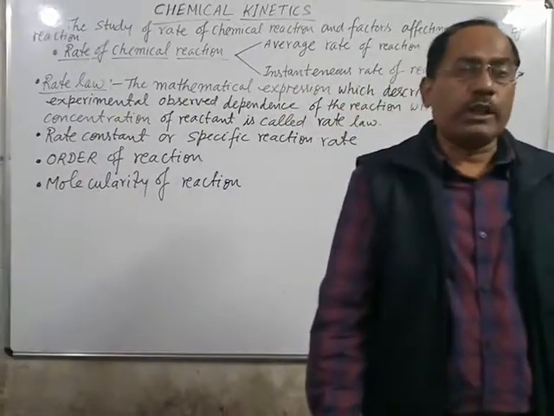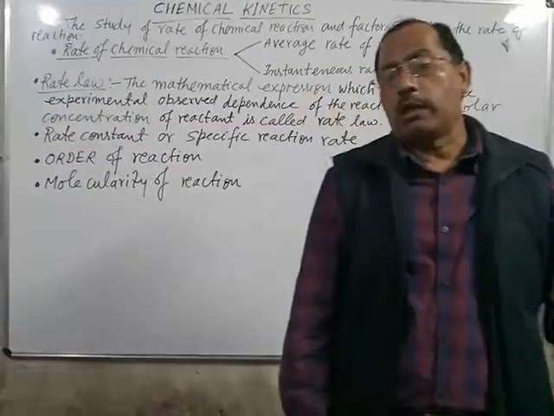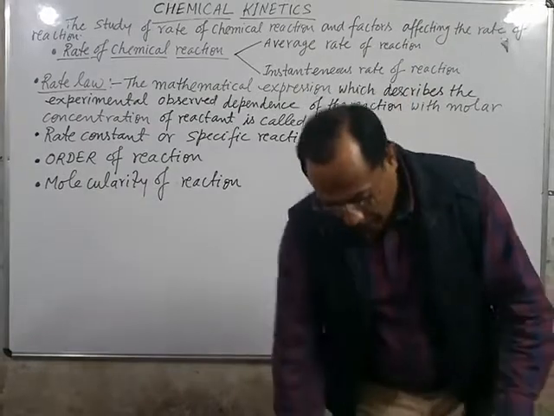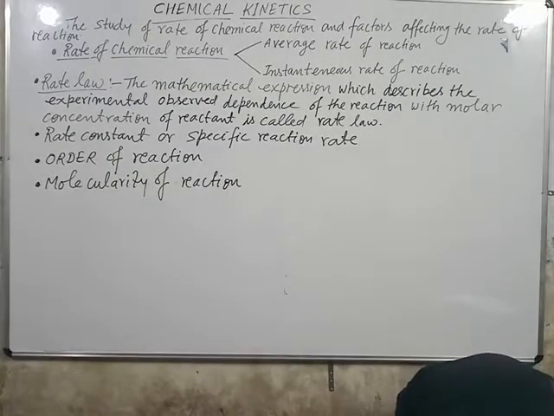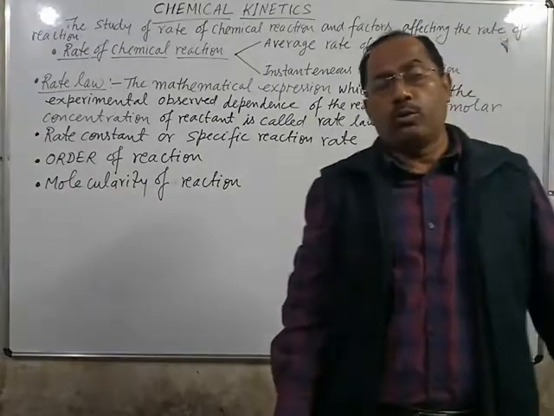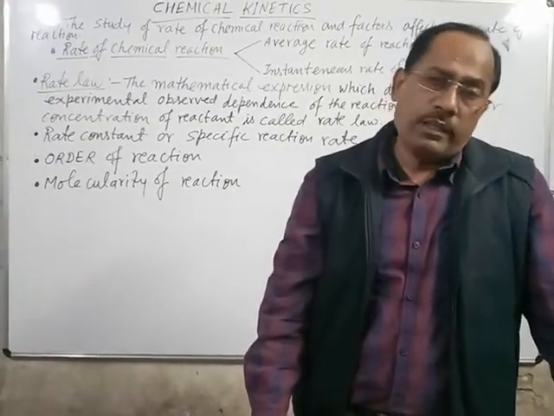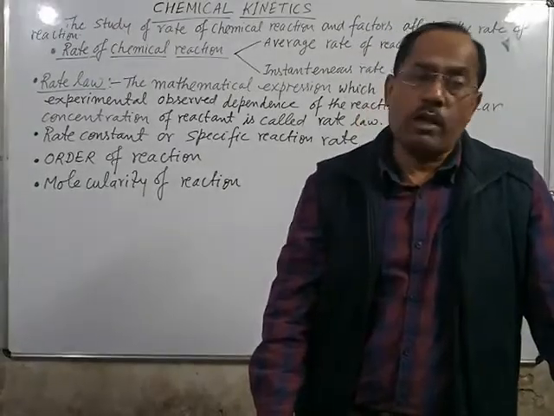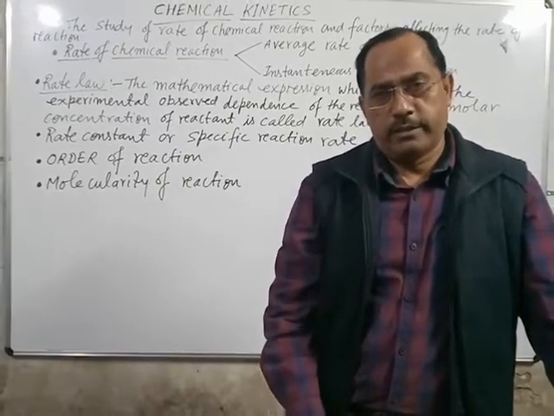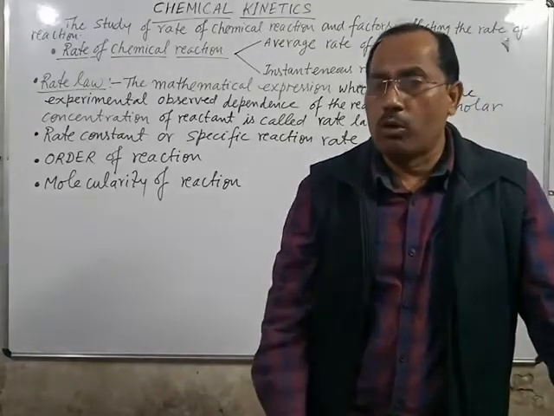The reaction whose molecularity is 1 is called unimolecular reaction, whose molecularity is 2 is called bimolecular reaction, and whose molecularity is 3 is called trimolecular reaction. Higher molecular reactions or higher order reactions are not possible or very rare. So the maximum value of molecularity and order of reaction is 3. However, order of reaction may be positive, negative, 0 or in fraction, but molecularity is either 1 or 2 or 3. It is not 0. It is not in fraction. It is always a whole number, 1, 2 and 3.